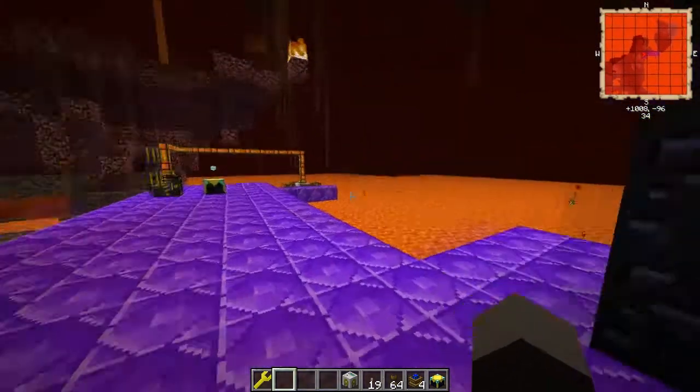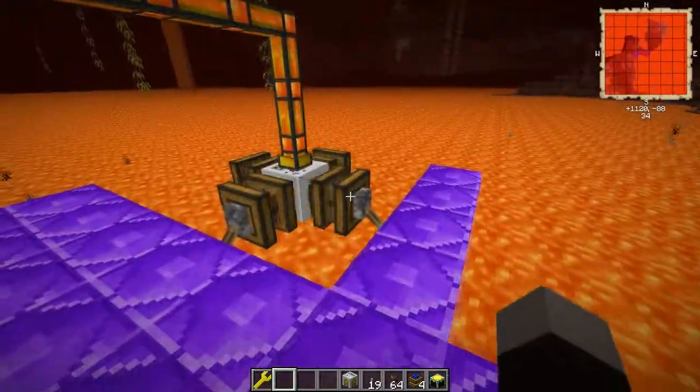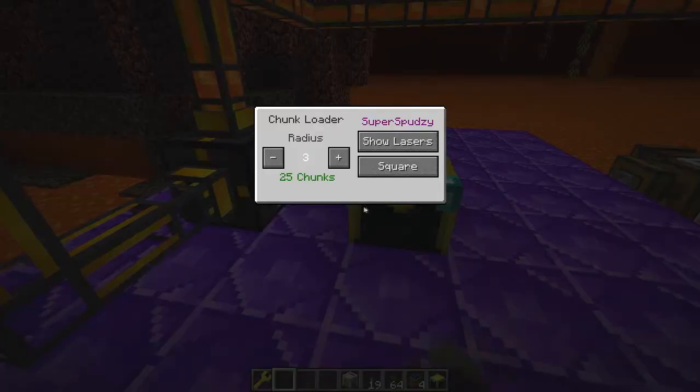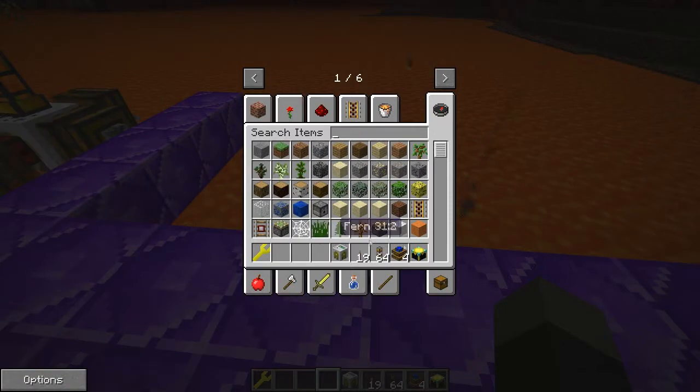So it's a nice good spawn here. I set this one up earlier, so that's what it's supposed to look like. Just got him up so you get up to speed. And there's your chunk loader. So rightio,